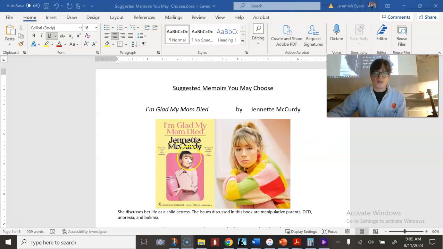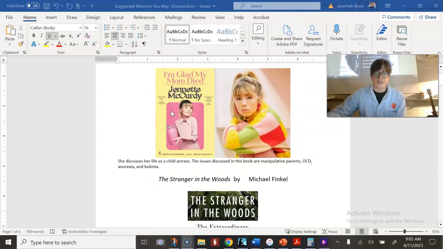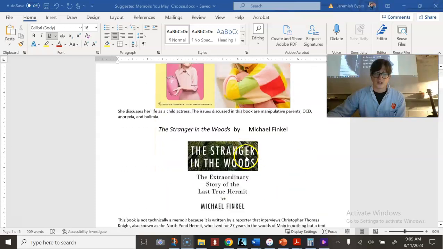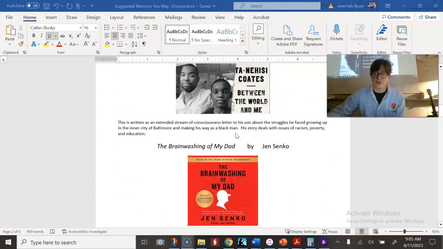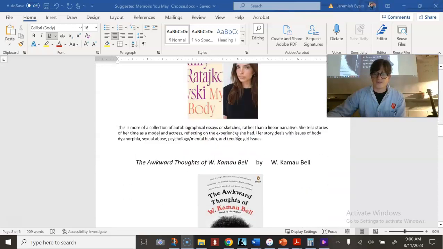So these are a list of books that I think are really good that I've read. This is a biography and a memoir in one, but it still works because it's nonfiction. These are all some suggestions that I have for really good books that you might find interesting.